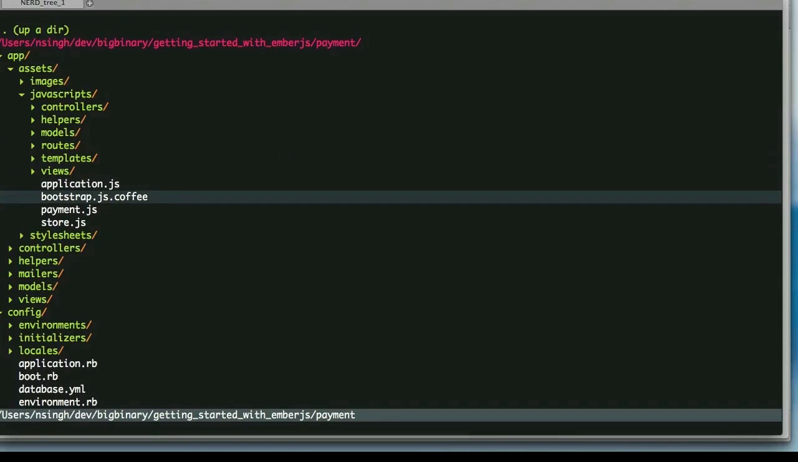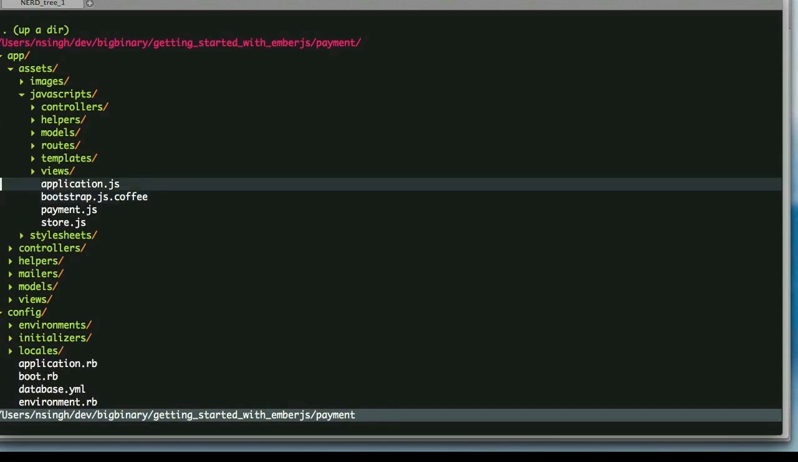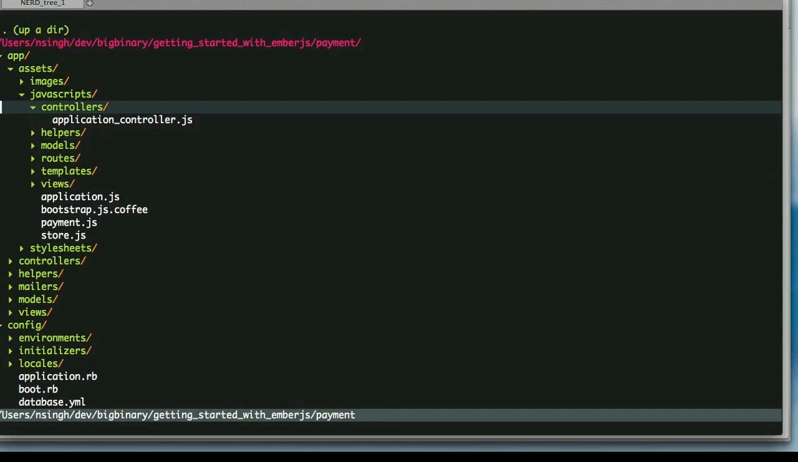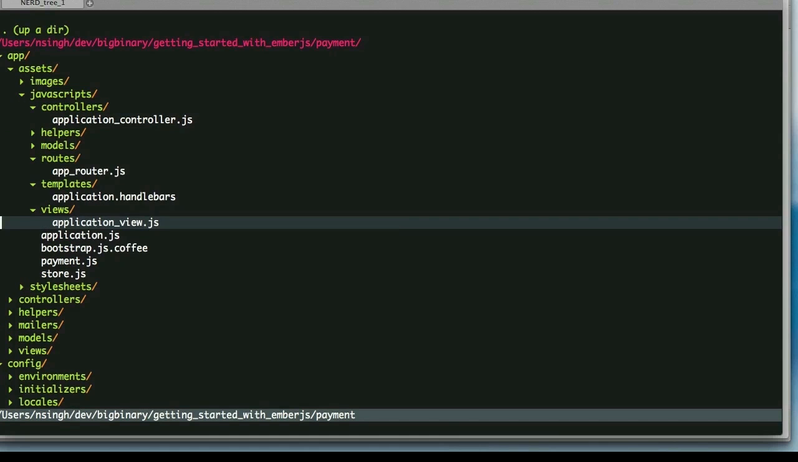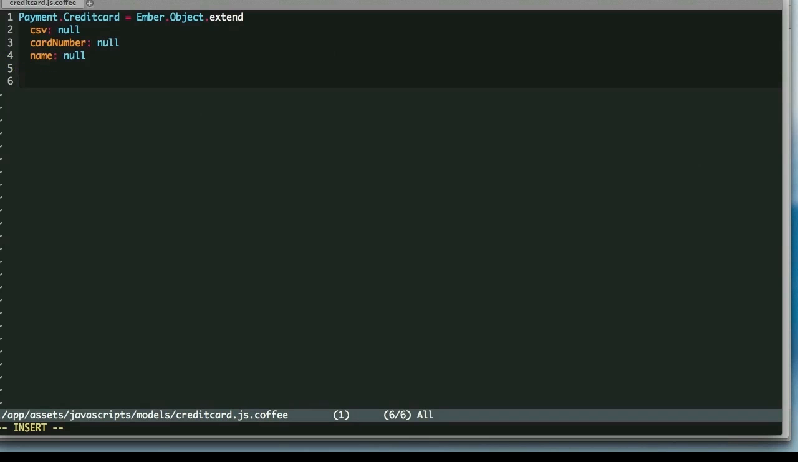Now let's check what we have based on this emberjs gem. We have a controller, we have a helper directory, we have a model directory, we have routes, and of course we have templates and views. In this application, I am going to be accepting credit card payment, so I need a model called